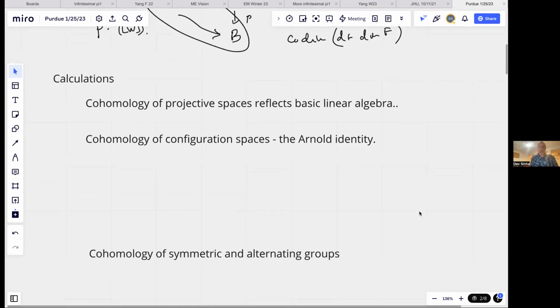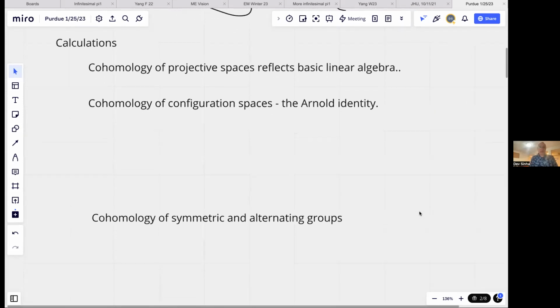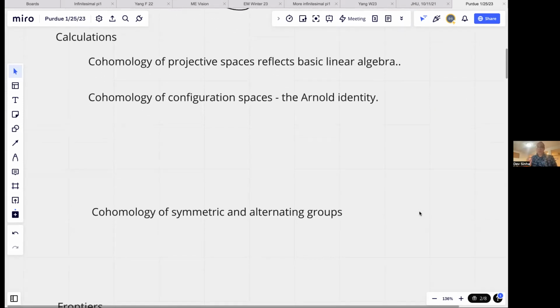What are some other motivations? Maybe still at the more pedagogical level, we calculate the cohomology rings of projective spaces as a way to know that CP2 isn't S2 wedge S4, for example. And there, if you have this philosophy of submanifolds, you realize that the cohomology classes are represented by linear subspaces of the projective spaces. And then the cup product is just basically reflecting the fact that the intersection of something codimension I and codimension J is something codimension I plus J in general with transversality, so almost always.